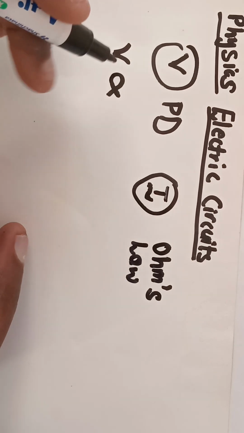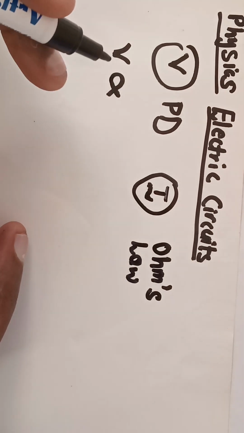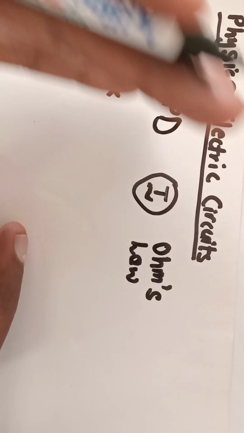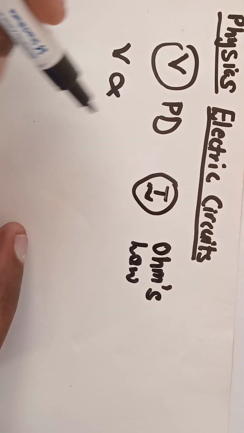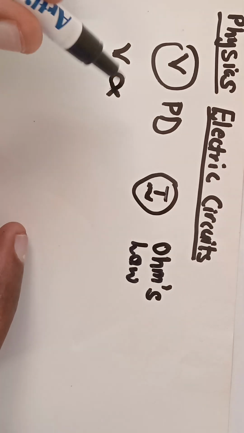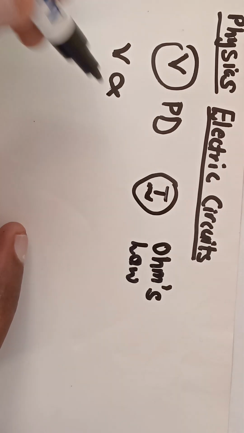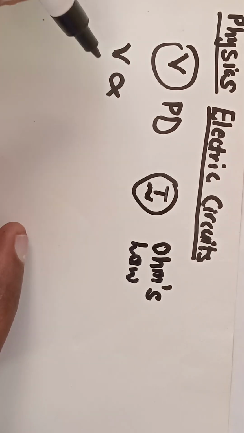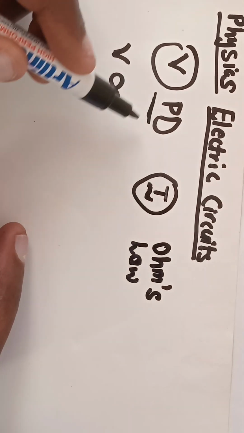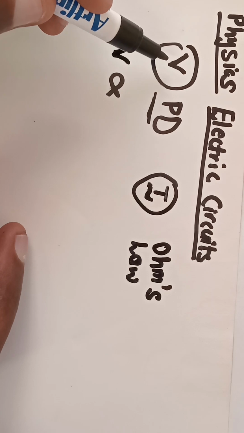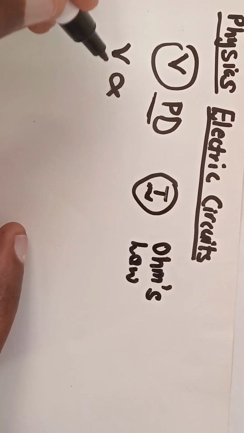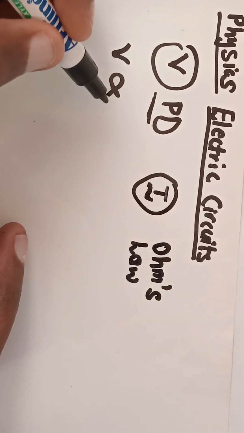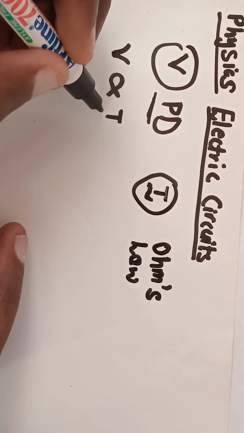It's something like infinity, but you cut it on the other side. It's not infinity exactly, but it's something like infinity. So the potential difference, remember I said, is represented by the letter V. Then the potential difference across a conductor is directly proportional to the current in the conductor